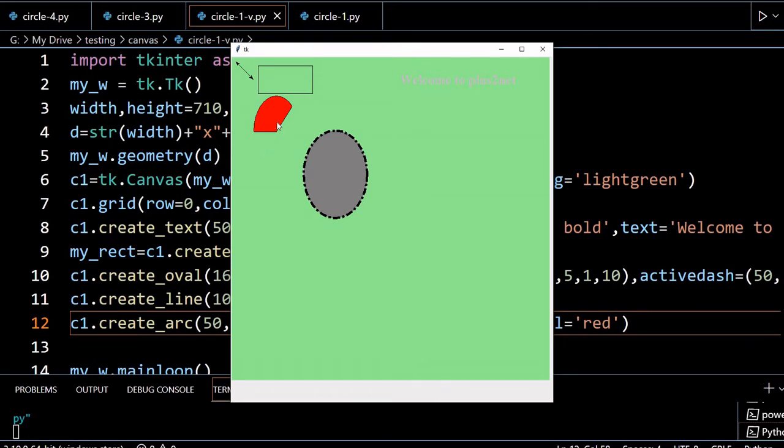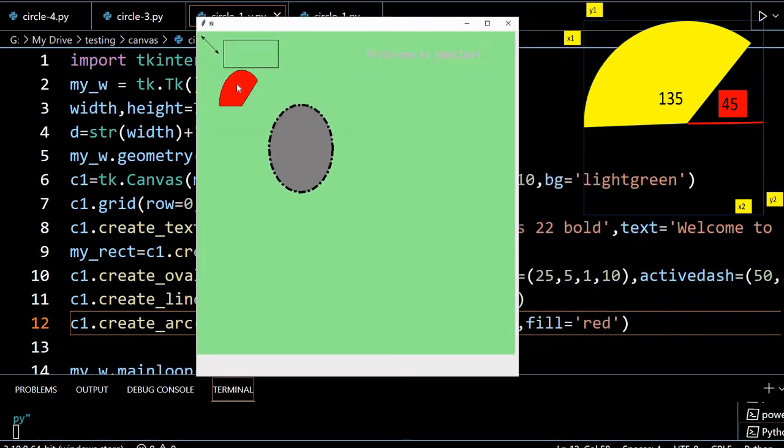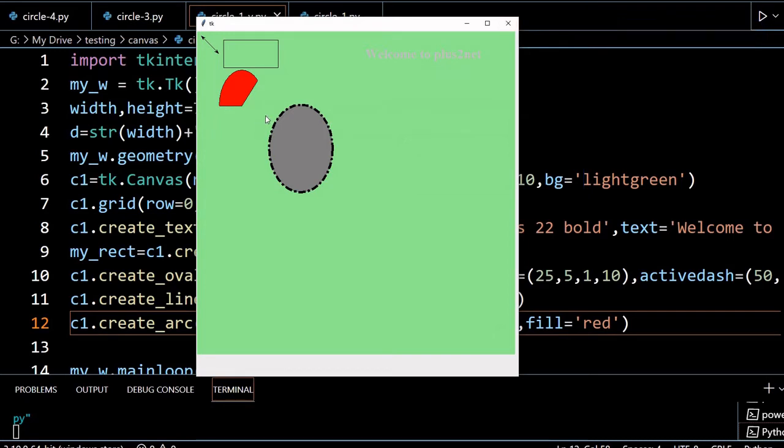Here is the arc. It's 45 degrees, and then another 135. Sorry, it does not extend up to 135. So this angle is 135, so it is 180 it has reached. That is how this arc has formed. So dimensions I can control. Suppose I want a full arc like this, I can increase the extent. Let's increase it up to 350 instead of 360.